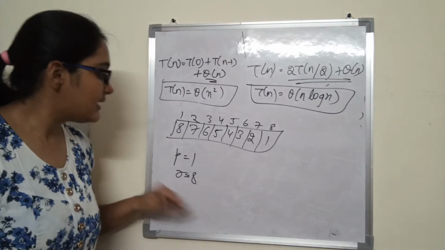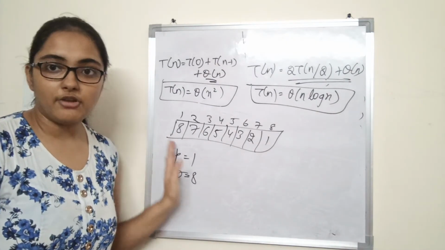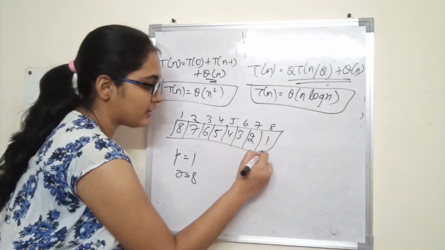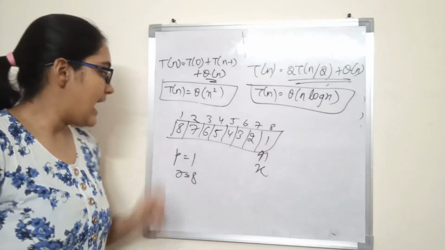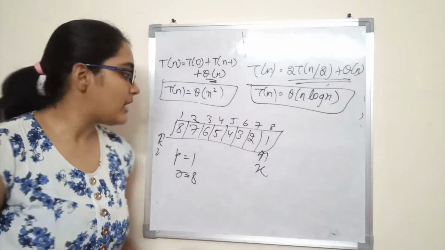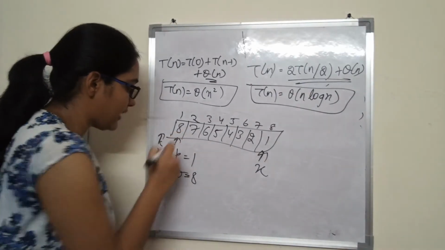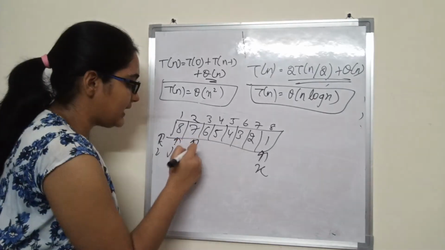So P is less than R, what will it do? It will call the partition function on A from P to R. So what will the partition function do? It will make x equal to A of R, that is x equal to A of 8, and I equal to P minus 1, so I will point here. Now J will run from P to R minus 1, so J points here. Is 8 less than 1? No. What will happen? It will simply increment.